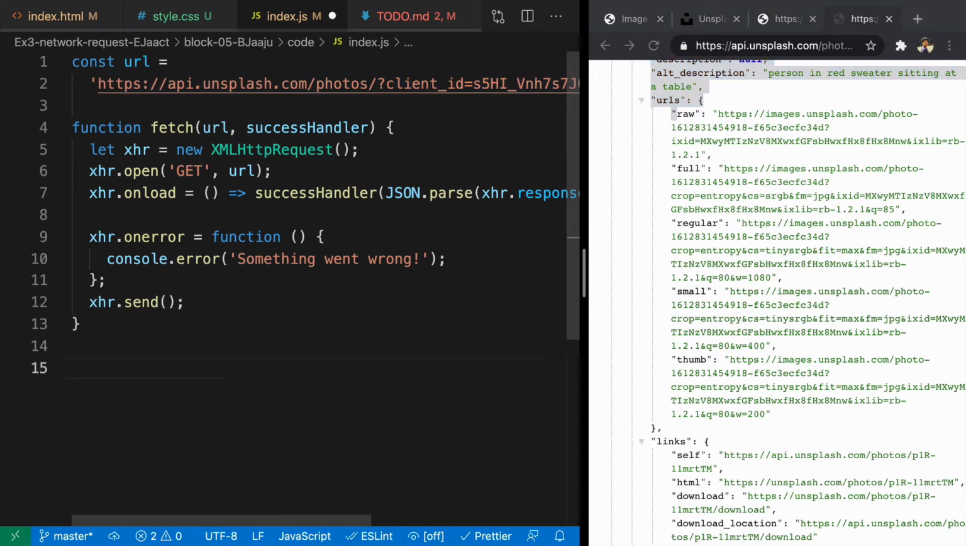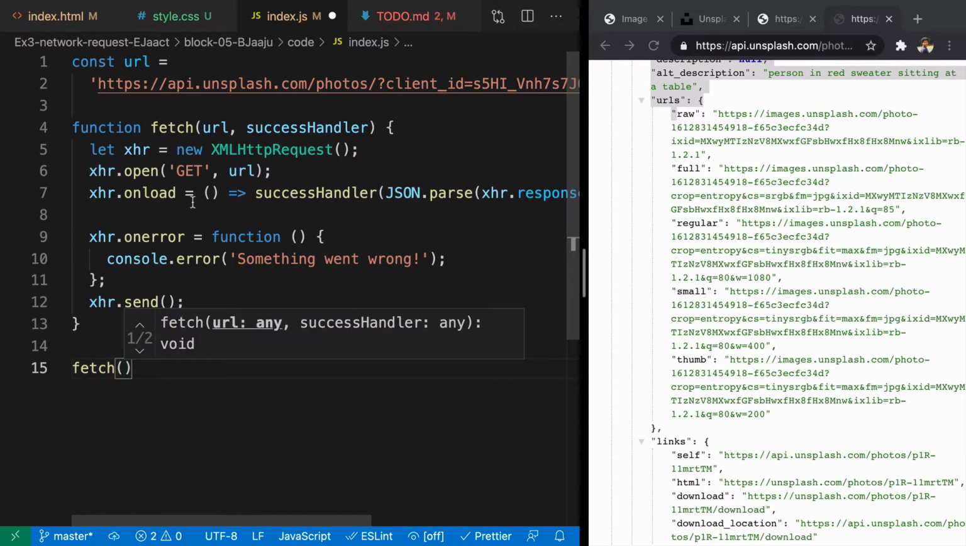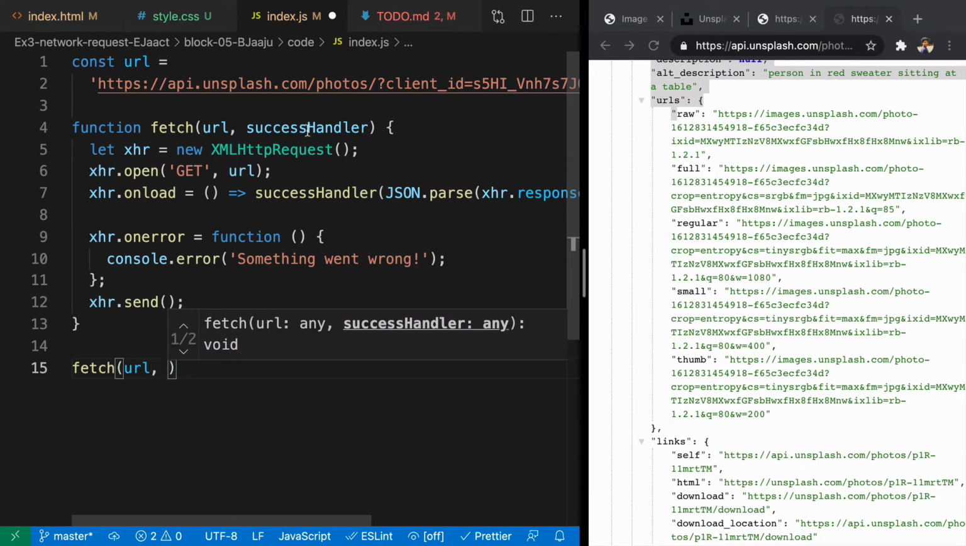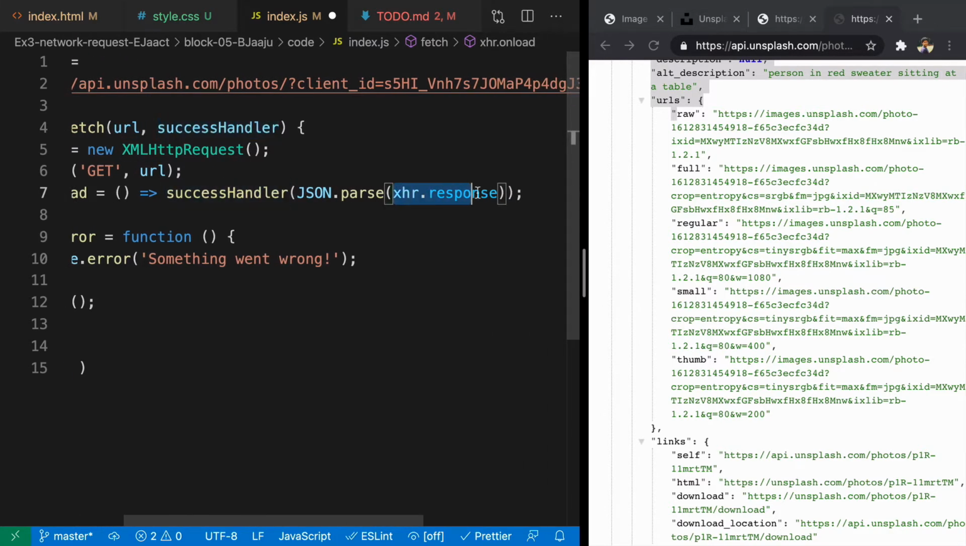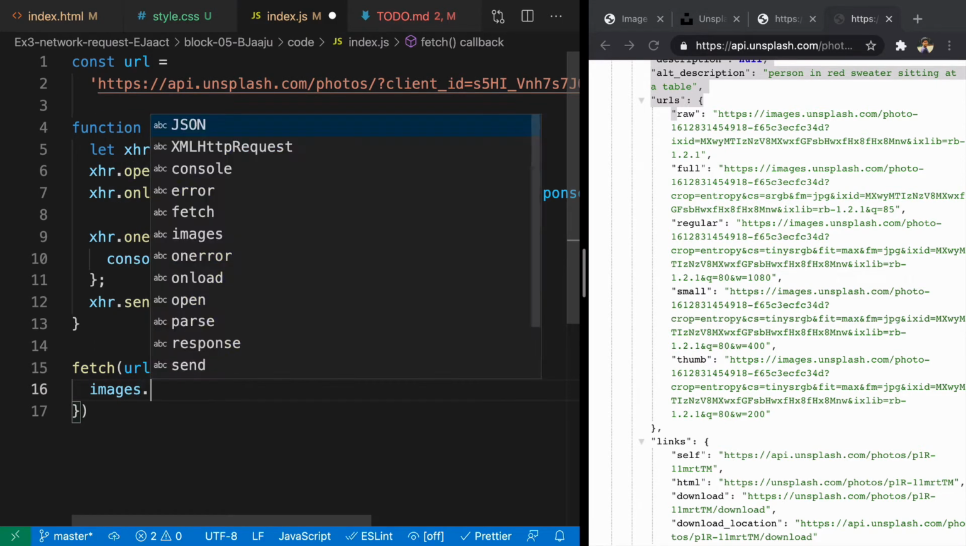So first thing we are going to do is fetch data, right? So we are going to call fetch, and we also need to pass URL. So we already have URL variable, and we also need to pass success handler. If you remember, in our previous exercise, we have created a function called fetch that accepts URL and success handler, and that success handler gets access to the response in the form of JSON. So here we'll create a function. That function is going to get access to images, and all we need to do is for each image, so we'll say images.forEach